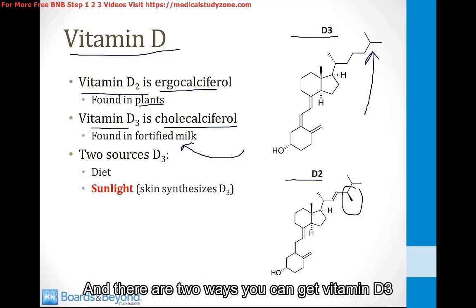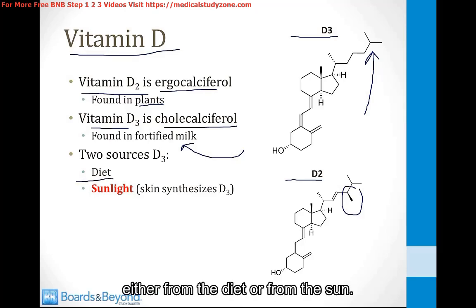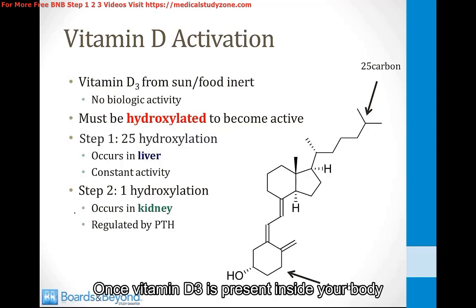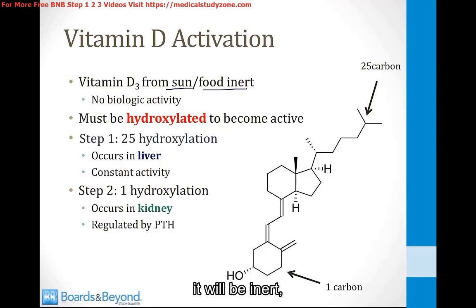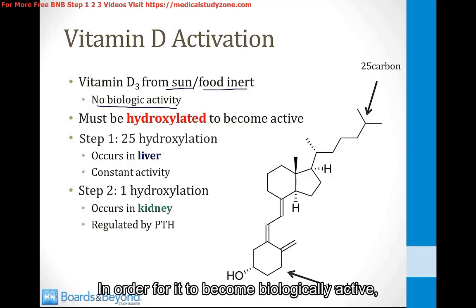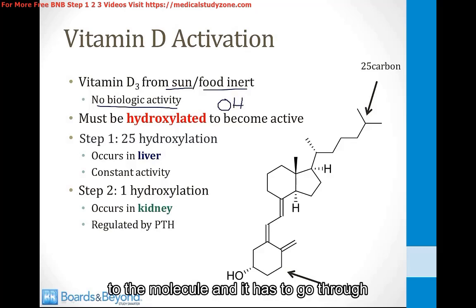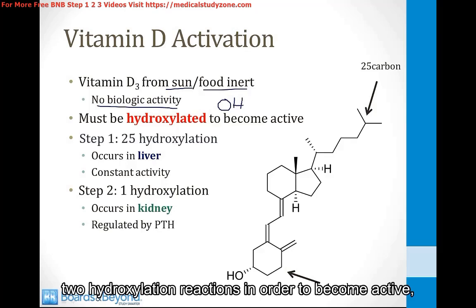And there are 2 ways you can get vitamin D3, either from the diet or from the sun. Sunlight can be used by the body to synthesize vitamin D3 from cholesterol. Once vitamin D3 is present inside your body, either from the sun or from food, it will be inert. It has no biological activity. In order for it to become biologically active, it must be hydroxylated. This means OH groups must be added to the molecule, and it has to go through two hydroxylation reactions in